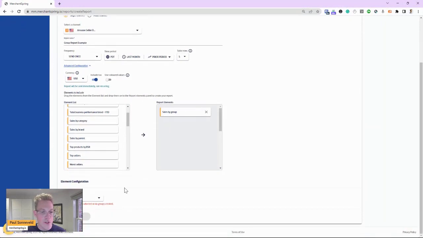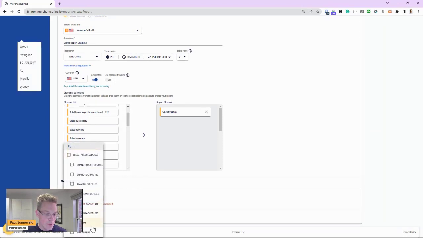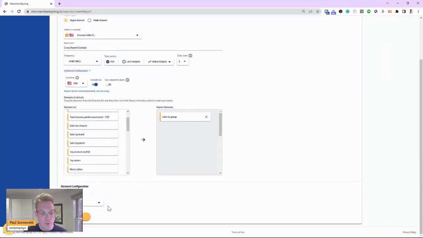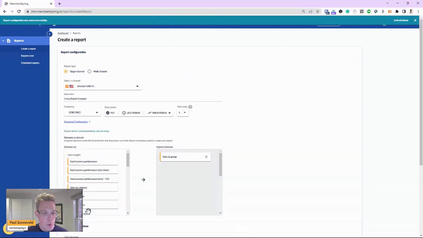This configuration element appears. And we're asking you here to actually help us determine what groups to show on the report. So in this case, I've just created these two groups, the top sellers and the perfume groups. So I've just selected those two. You can select all of them. You can select some of them. For this particular report, I'm just choosing those two out of all the others. And I'm now saving the report configuration.